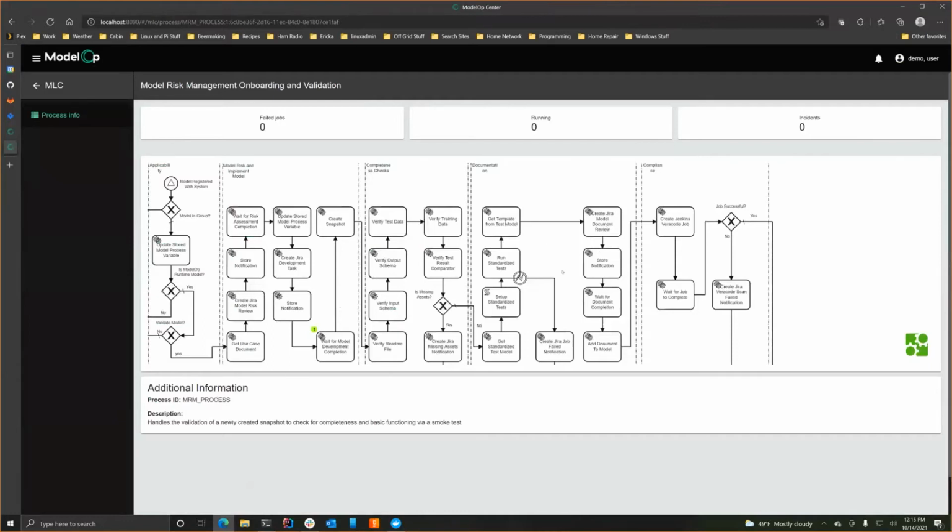The model review person tries to review it. They don't have the stuff they need to do that because they can't run the tests on it to verify the data and the quality of the data, et cetera. So they have to go back to the developer and wait for the developer to respond. And there's this cyclical back and forth between the model risk management team and the developers, and that goes on